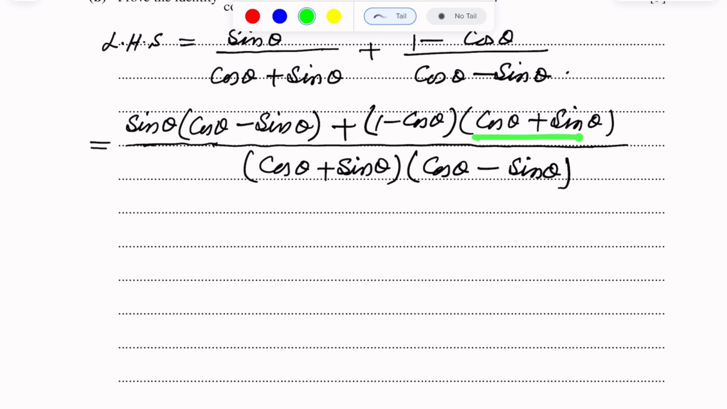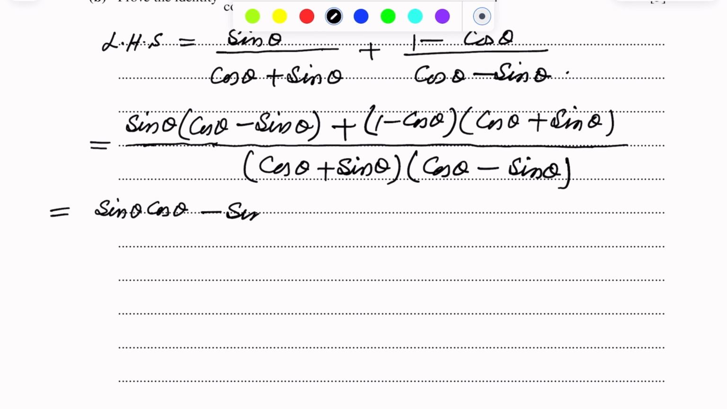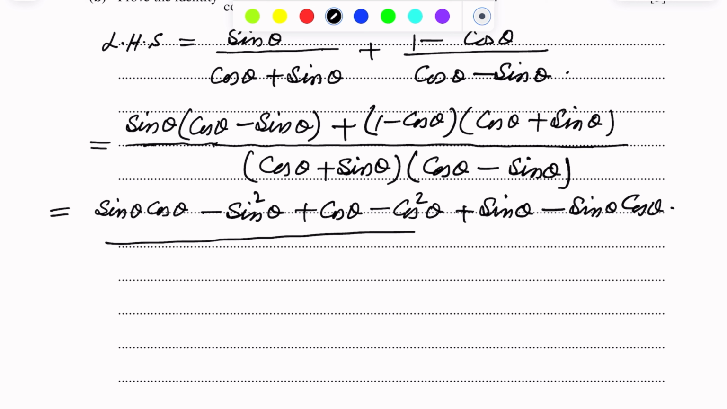Multiply these two. We get sin theta cos theta minus sin square theta plus cos theta minus cos square theta plus sin theta minus sin theta cos theta, divided by